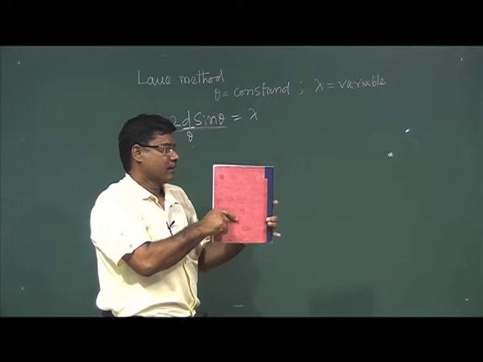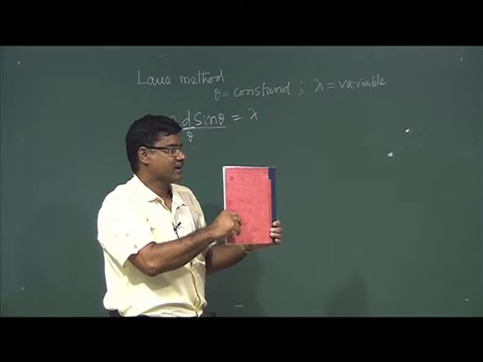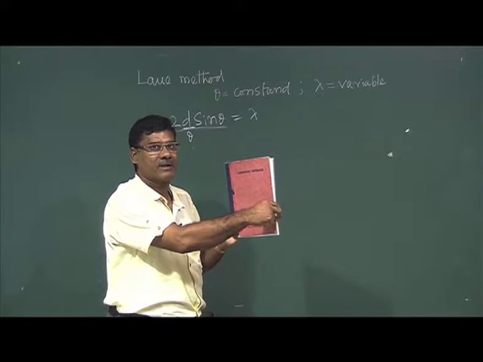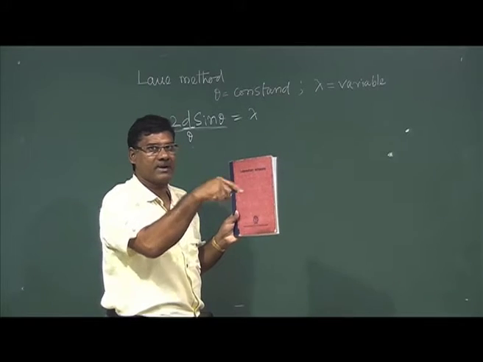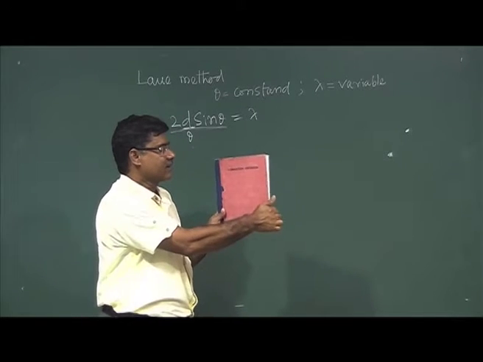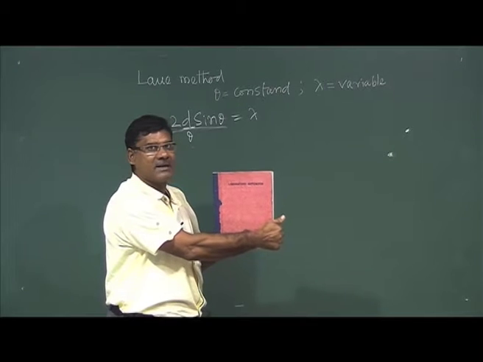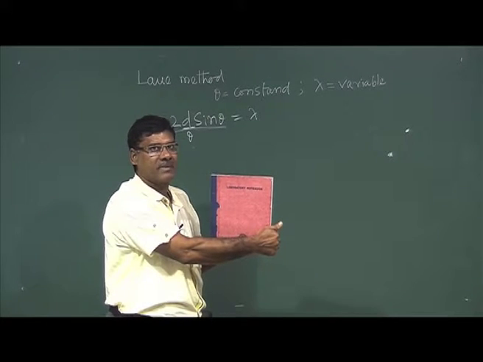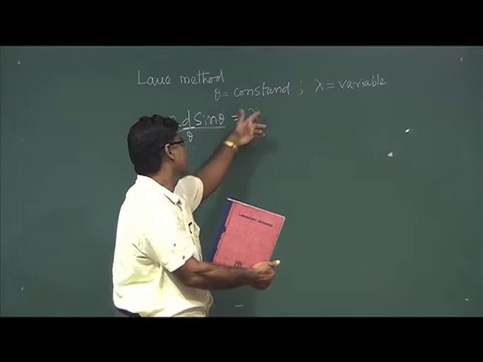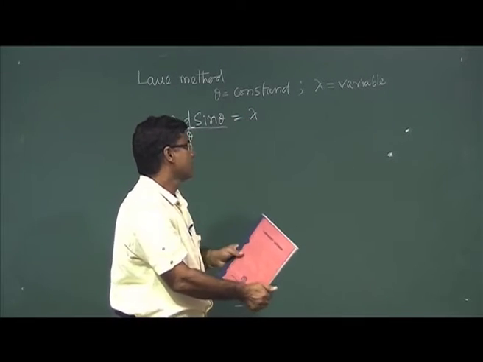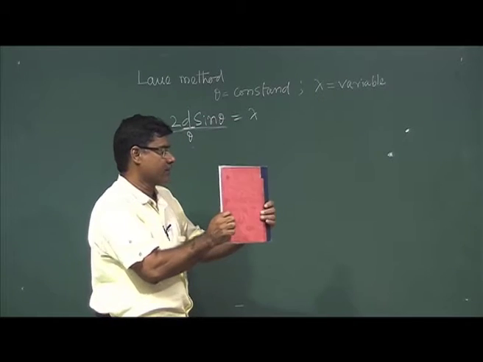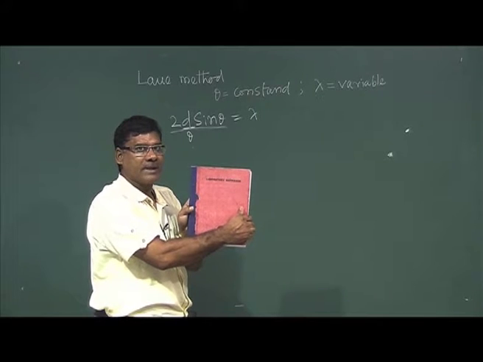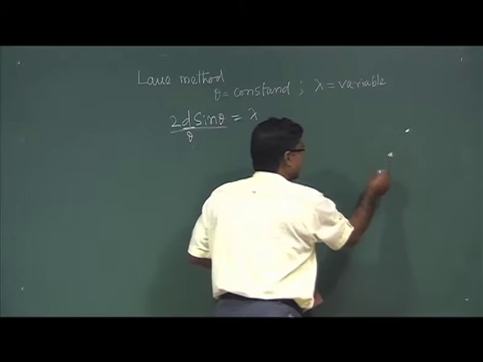Now, there are other planes, you can think of it this way. The same plane, the 110 plane, is a family. For this plane, lambda is also constant but a different value. So a suitable lambda will be taken, and following the orientation of the planes, we will get reflection.